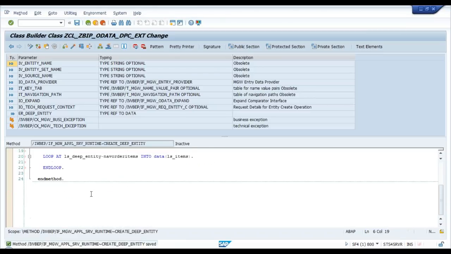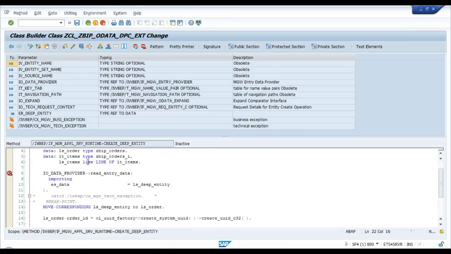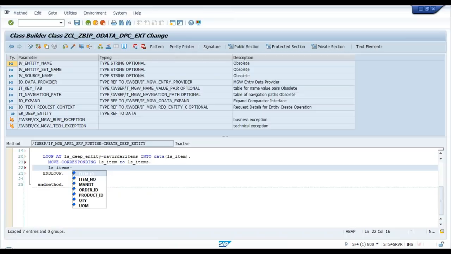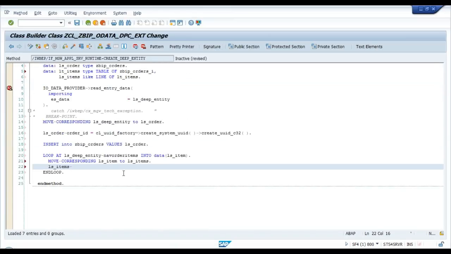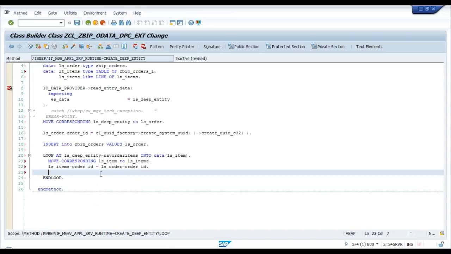And now I'm going to prepare my work area data. So ls_item here, and I move all the corresponding data from ls_item to ls_items. And then this ls_items order number should be updated, guys, according to the order number we have over there. So maybe we can switch off the signature so that you can look at the whole code. The order ID to which all these items belong is the order ID which I just recently generated. For every line item, the item ID should also be created at runtime. So I can use it here,